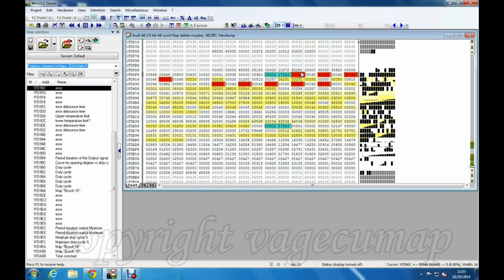Now, there is no point in me telling you what each one of these is for because they move around in the files, and so if I say to you that this one is for a particular thing, it might not be in the file that you're looking at. But the trick is that because they're all to do with swirl flap, the fact that this one is 00048 and then the heal part is 00048 and then I've got 00048 00048, these numbers don't matter.